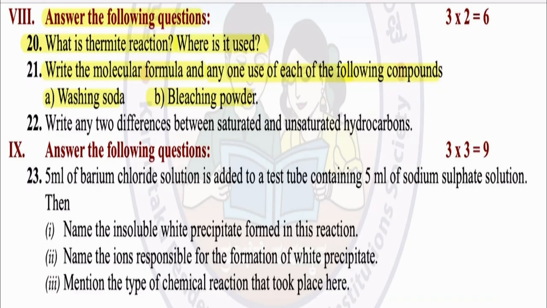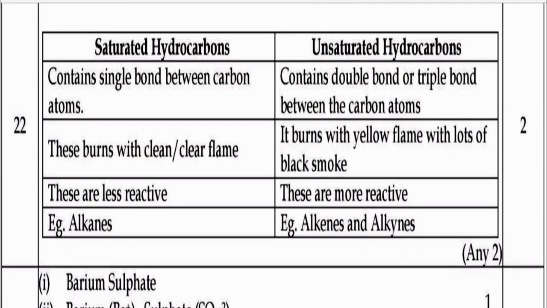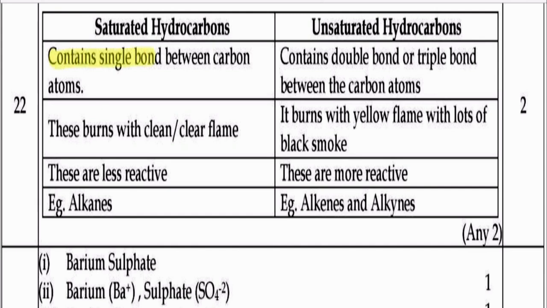Next, let's go to the 22nd question. Write any two differences between saturated and unsaturated hydrocarbons. Saturated hydrocarbons contain single bonds between carbon atoms and they burn with a clean and clear flame. They are less reactive and examples are